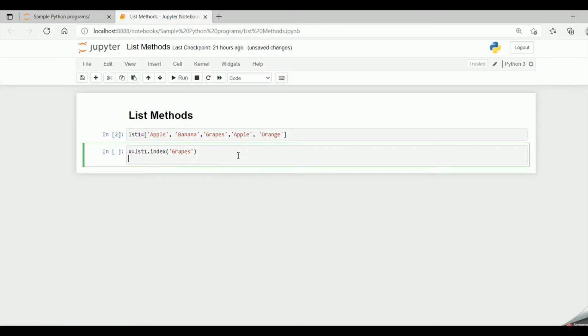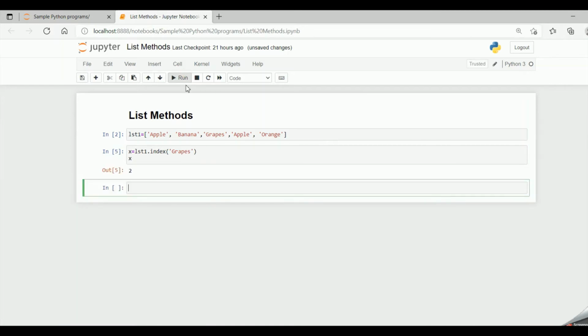And now if I say x and run the code, I get the value 2 indicating that grapes is at second index. Now for the same index, let me give the item as apple and run the code. I get 0. That is the index value of the first occurrence of apple in the list.